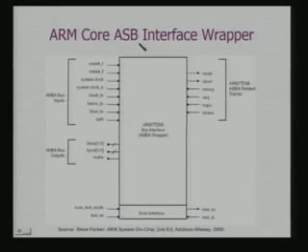In these ASB interfaces, you will find some difference in the signals with respect to the AHB signals that we had discussed earlier. Now here you have the signals coming from ARM7,